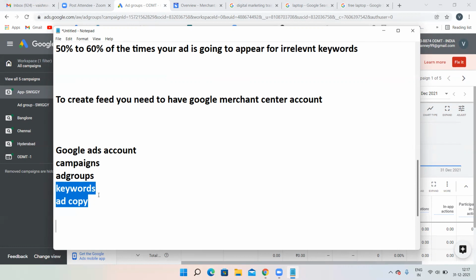Based on the feed, Google will do these two things. The only thing you have to do is create campaigns and ad groups. That's it. Keywords and ad copy will be done by Google. So this is the good part about shopping ads actually.